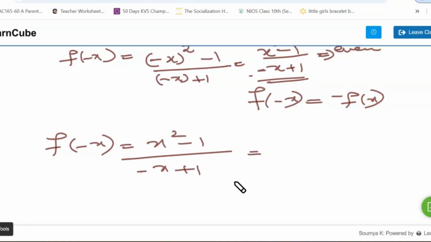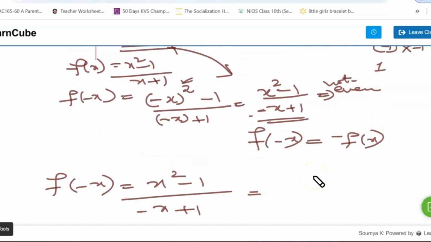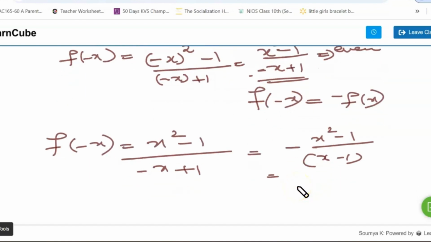You can see here, take minus common from the below. If you take, it will be x minus 1. Okay, so you will be left out with the new denominator's sign, that is equal to minus